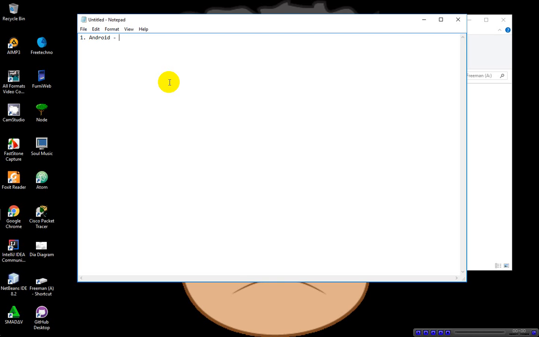As you can see, the version names of Android are named after sweets. So we have Android Blender, Android Cupcake, Android Froyo, Android Lollipop, Android Jelly, and now the latest version is Android Nougat, which is the most popular